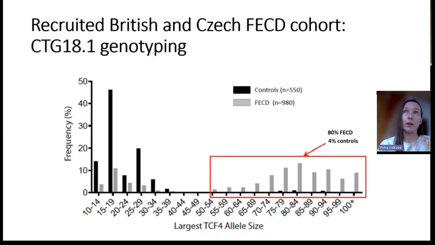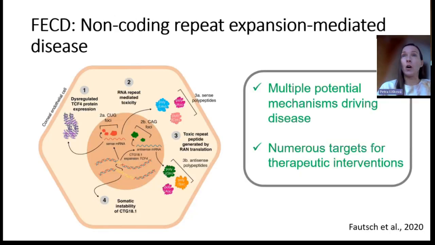So together with Moorfields Eye Hospital, we have also recruited currently nearly 1,000 cases with Fuchs endothelial corneal dystrophy and 550 controls. And here you can see the distribution of the CTG repeat length found. So generally 80% of patients have one or two expanded copies compared to only 4% of controls. 4 non-mutually exclusive mechanisms have been proposed to drive and or exacerbate the onset of